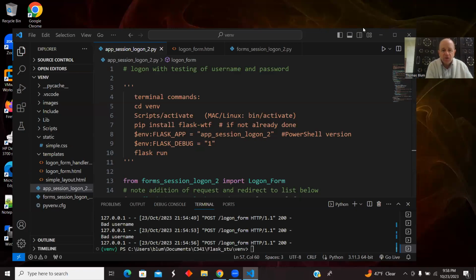In this video, I'm going to look at a Flask app that does a session logon. So it's going to ask the user for a logon name, username, and password. And this time, before I did it just to see if they were at the logon page, but now I'm going to actually compare the username and password to a small set of usernames and passwords and again, allow them over to a welcome screen if they properly logged on, but not otherwise, and have another session variable that is going to